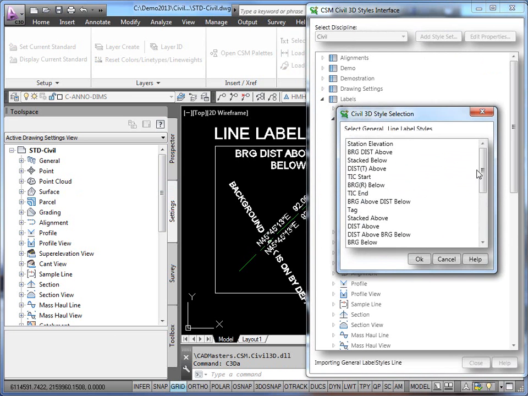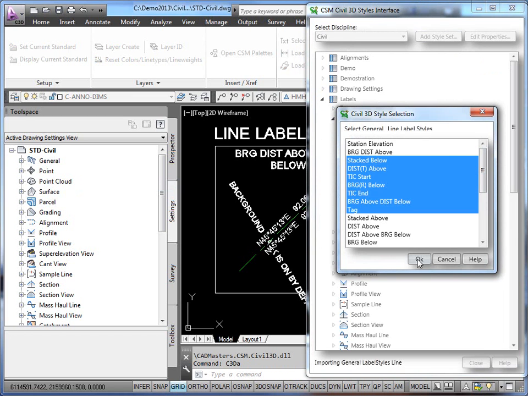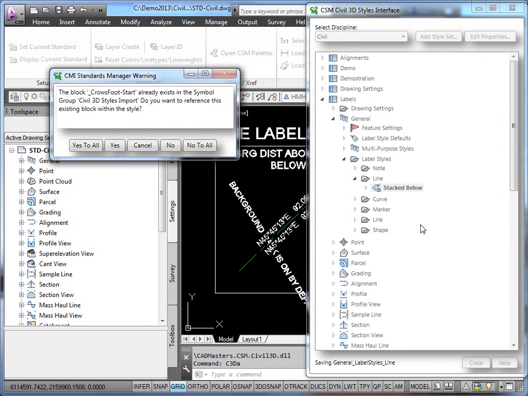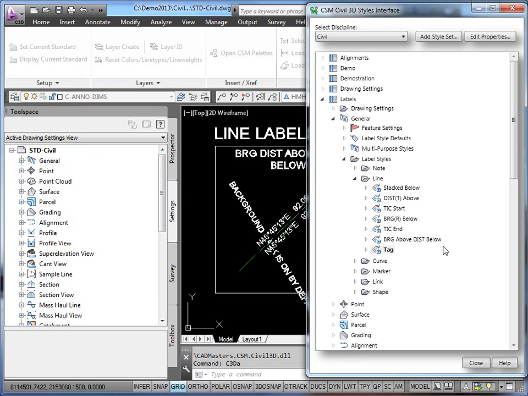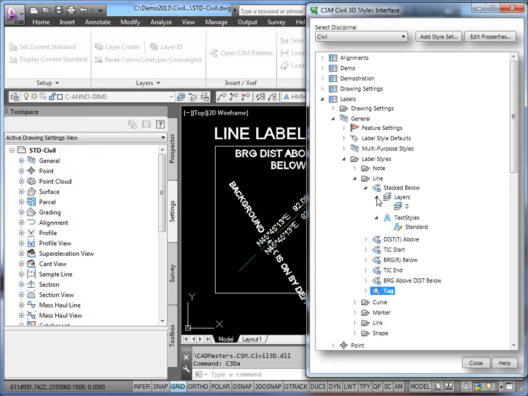Okay, so you'll see there's a ton in here. I'll maybe grab a few here. Sure, I'll go ahead and override them. So it's going through the process of getting all those, and you'll see inside of these guys there's also textiles as well as the layer that it's on. What I'm going to do though is if I go to the edit properties,